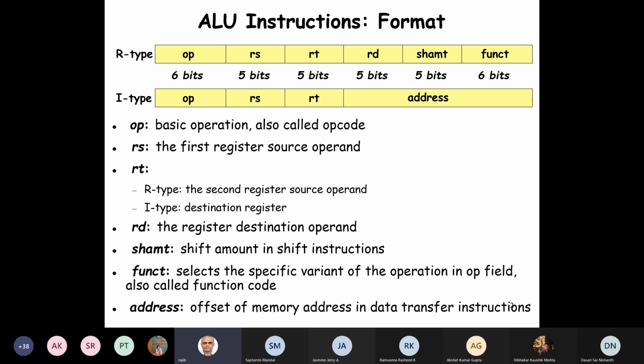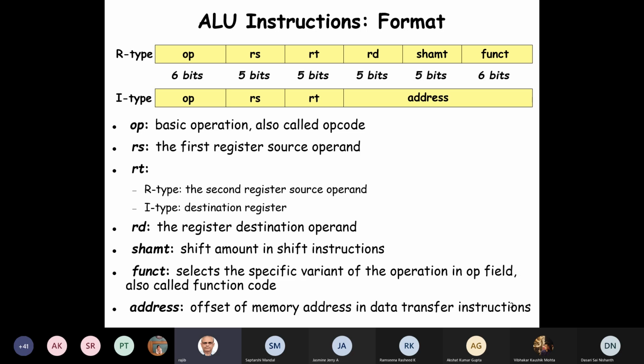And then the immediate instruction: 16 bits are there for the address part, and there are two operands, RS and RT. RS is the source operand and RT is the destination operand.